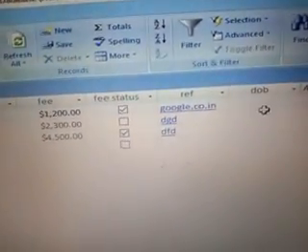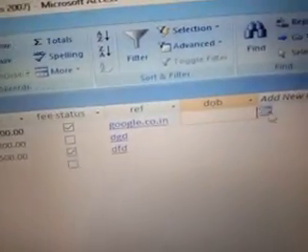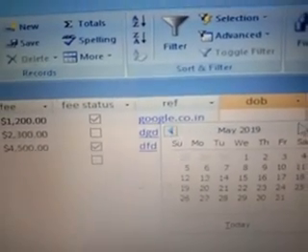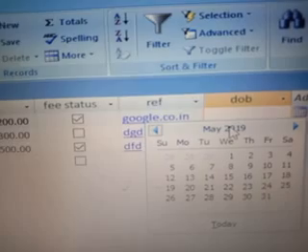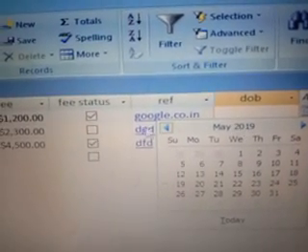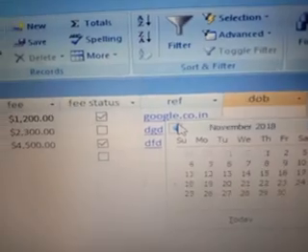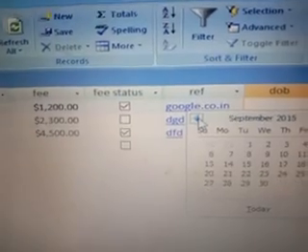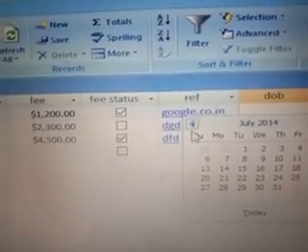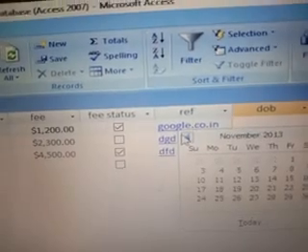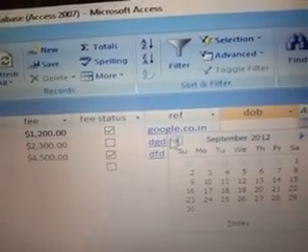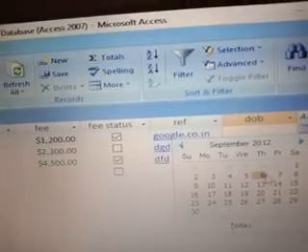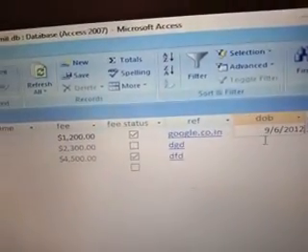So the date of birth column is there. If we want to enter date of birth, there is a calendar box. Click on the calendar box and we can write. And if we want to fill our date of birth field, we can choose the date. We choose the date.